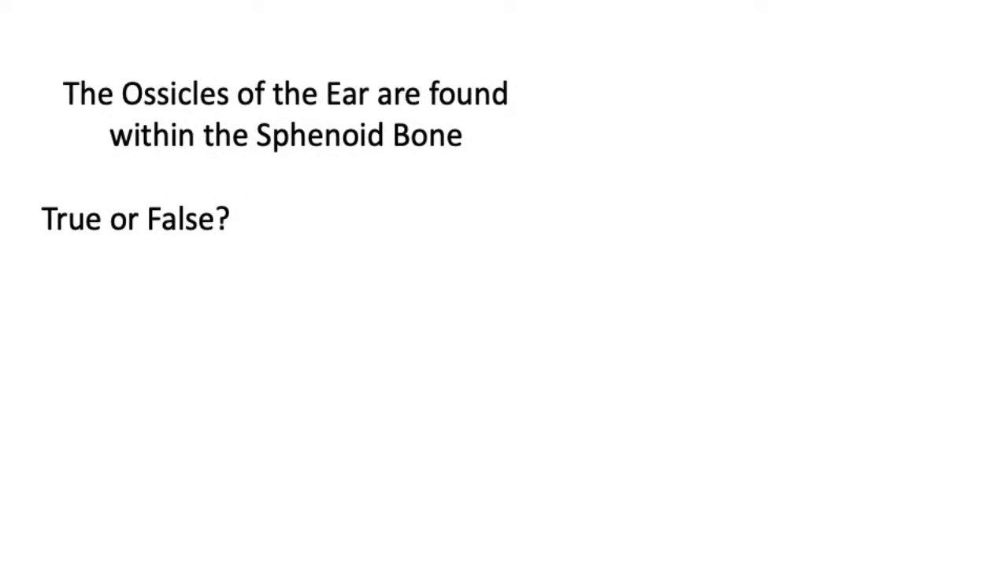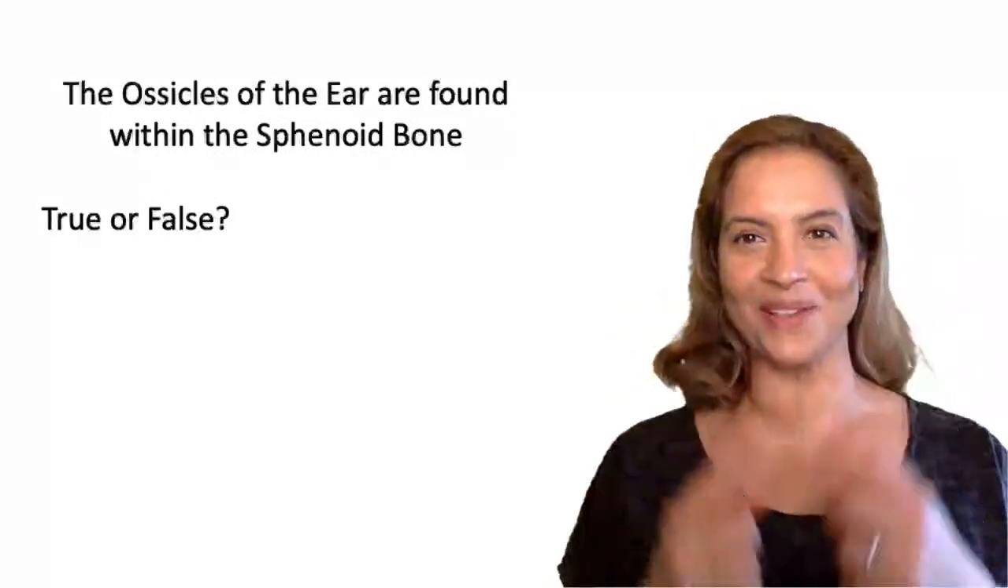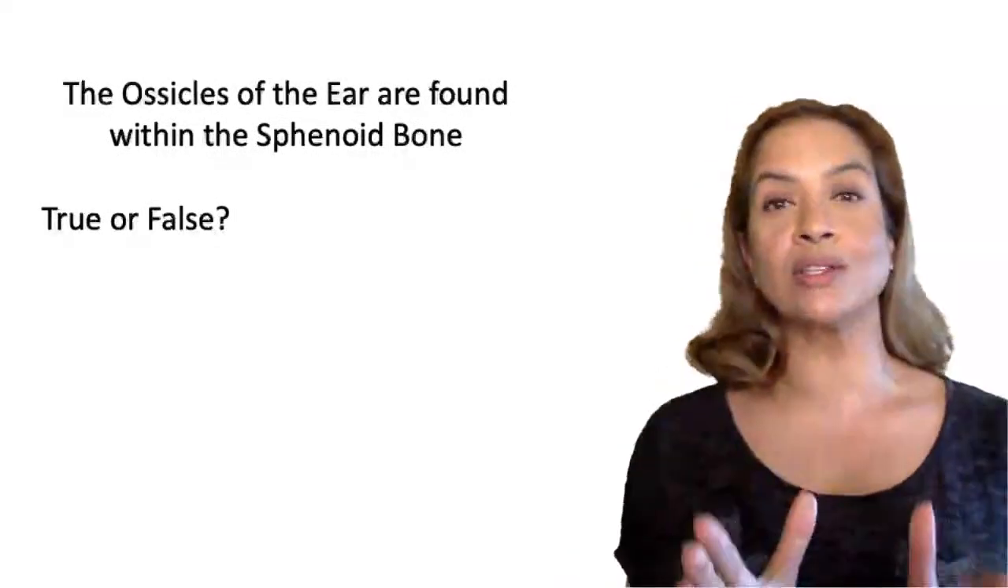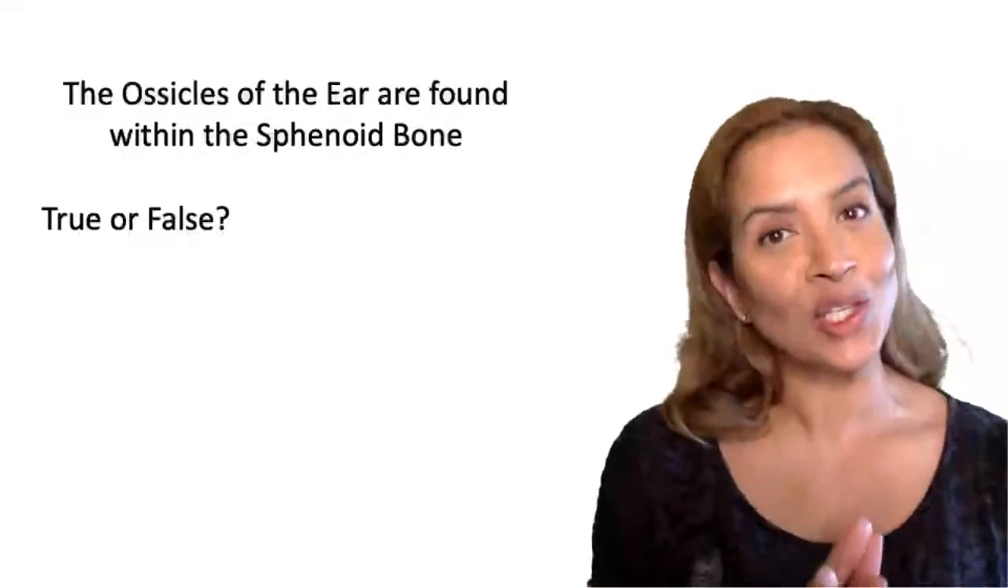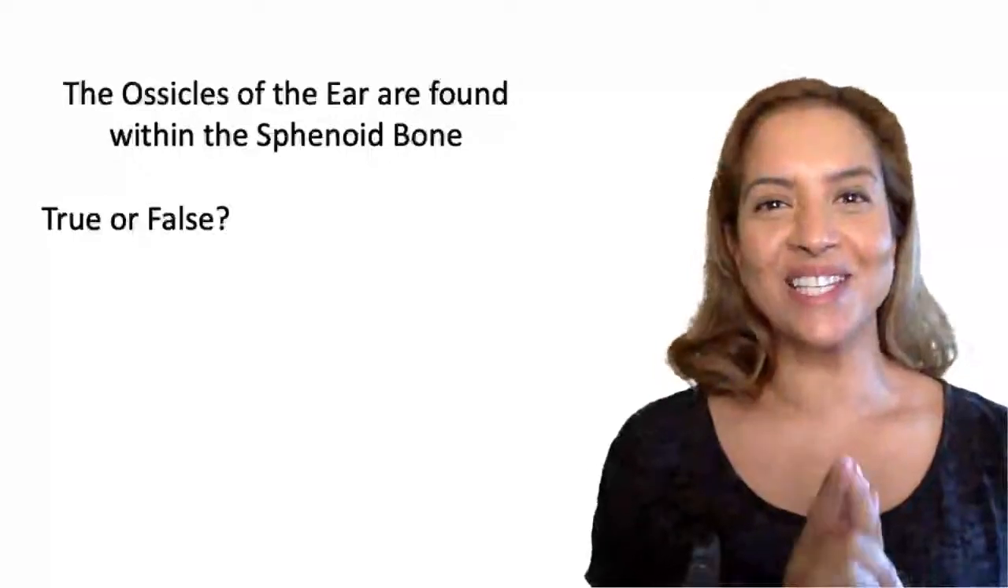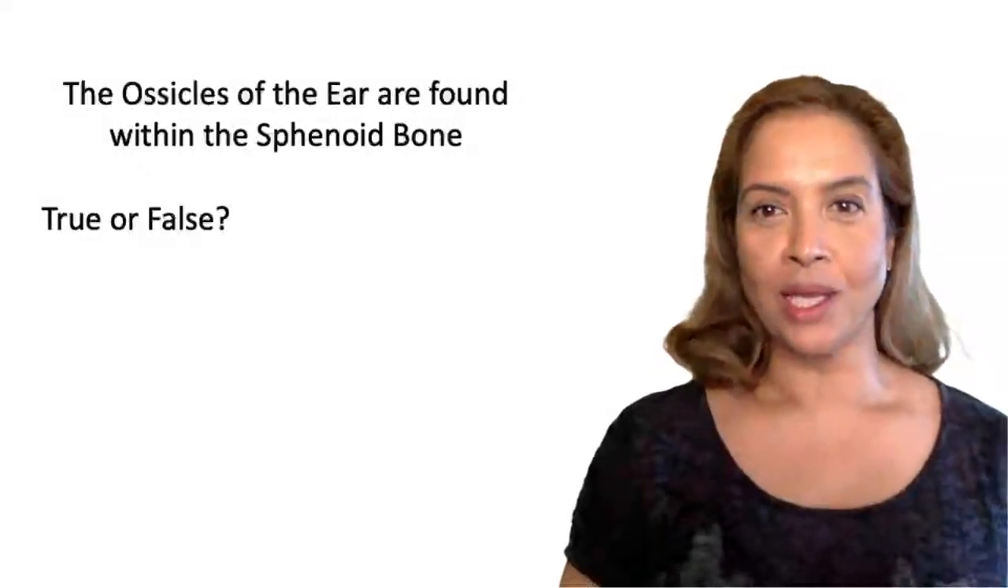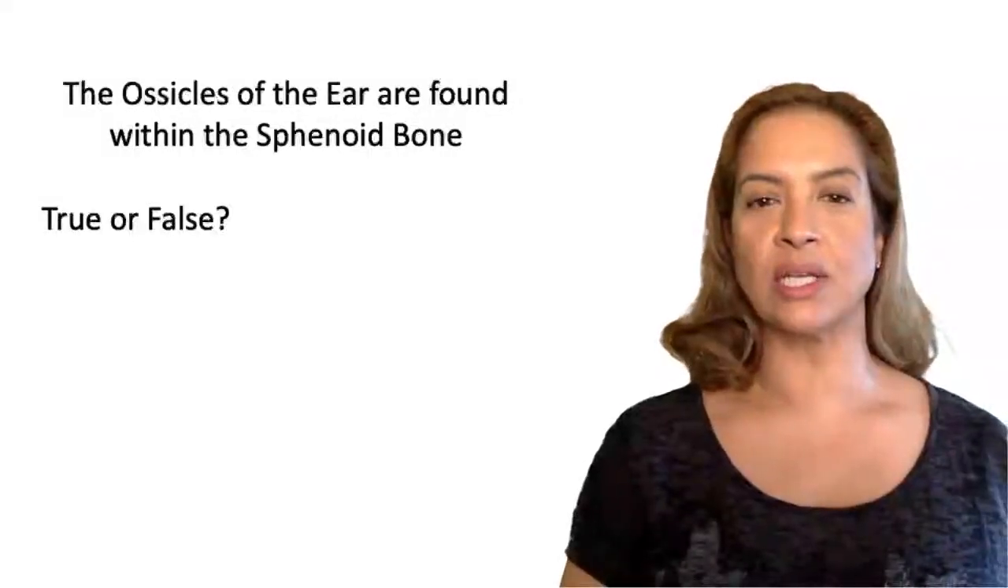The ossicles of the ear. So we're going to scoot on up now to the head and neck. The ossicles of the ear, they are found in the sphenoid bone. Is that true or false? Are they found in the sphenoid bone? The answer to this question is actually